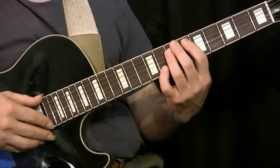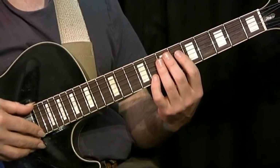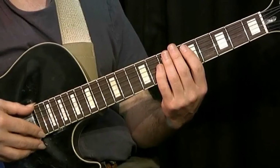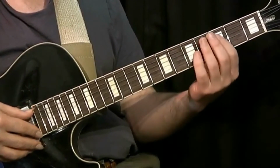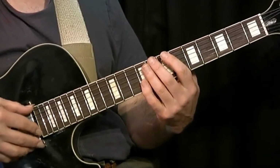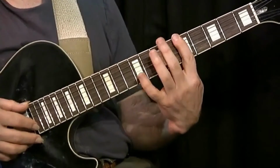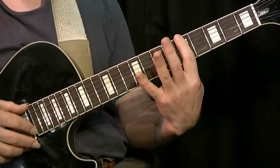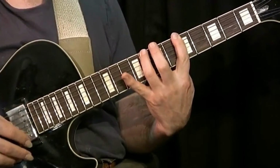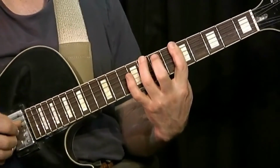I maintain to a degree, maybe not 100% accurate or all the way through, the bass movement from the introduction, but the main difference is that I shift the note C from the 5th string 3rd fret to the 6th string 8th fret. And the reason is that I need my first finger to be in place to play the entire movement. So I play now the A with my first finger and the C with my 3rd finger. This is a little bit of a stretch, so it'll take a little bit of getting used to,